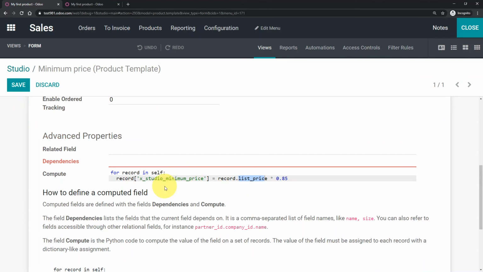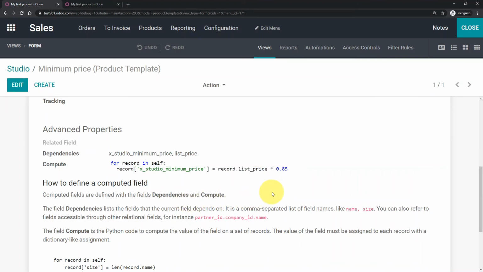And it doesn't work because we need to put the dependencies, and the dependencies are just these fields that we are using. So every field that you use has to be listed here. Otherwise, they won't be contained. They won't be brought by the variable, the self array. So that's it. So if I close this view,